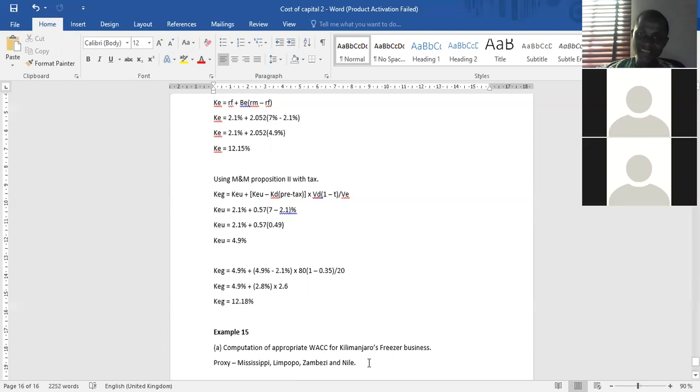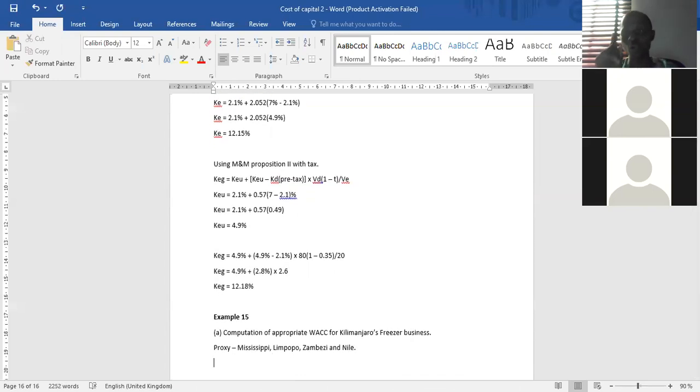Now, what I'm supposed to use is one single proxy beta, right? We need one single proxy beta. But I'm having 4 different companies here. What do I do? I need to take the average beta. I will look for the beta of these 4 companies, add them together and take the average. Do you understand now? The average will represent my average beta of the proxies. So let's compute that.